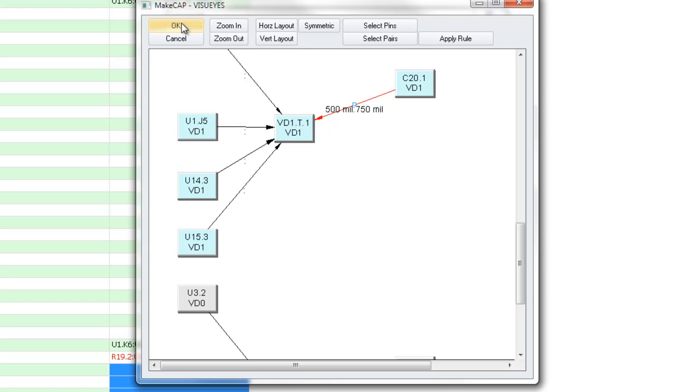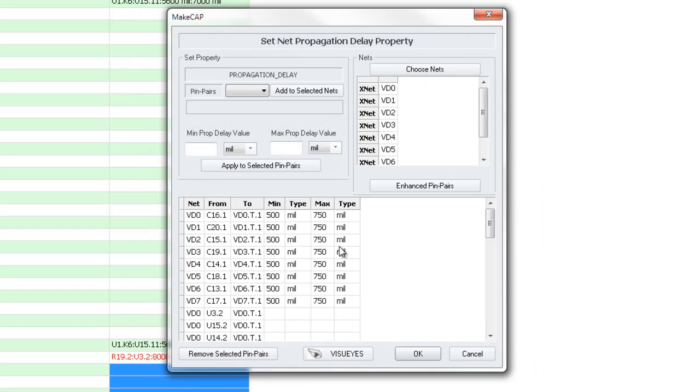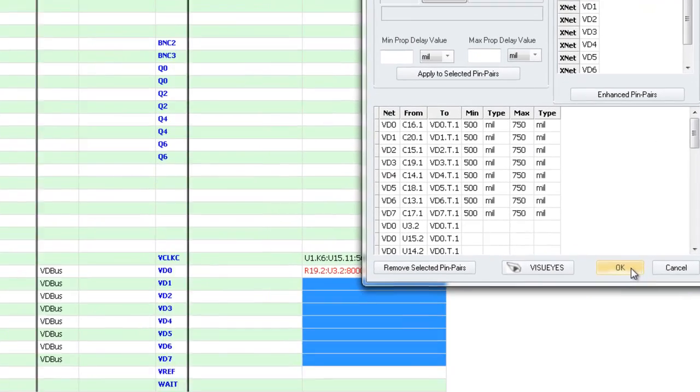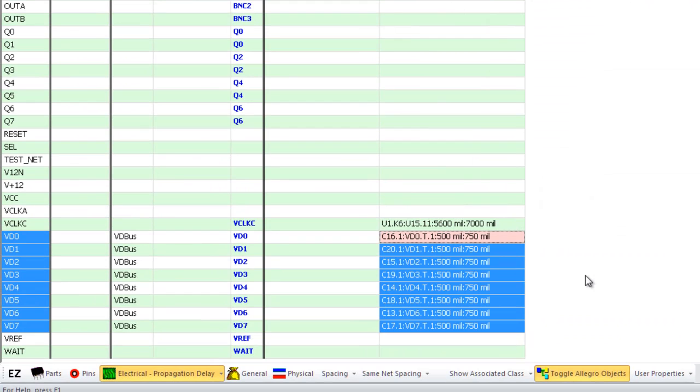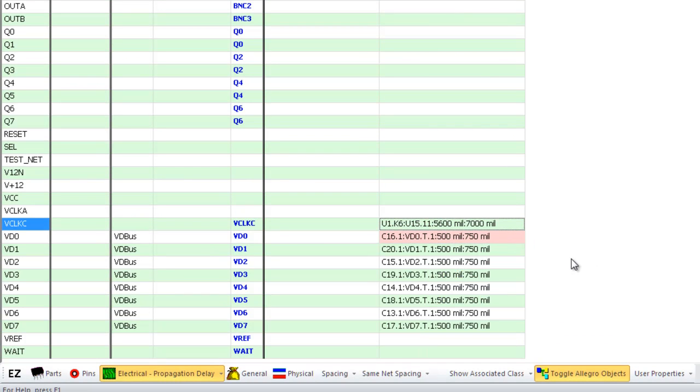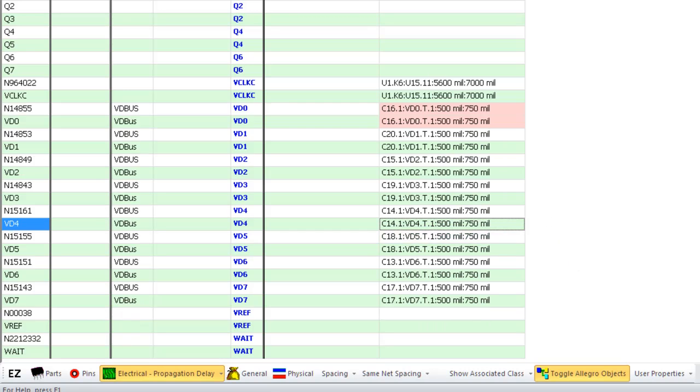I'll go ahead and write these now to the form. So the form's been fully populated. I'll say OK, and I will have created all of those values ready to go into Capture and subsequently flow into Constraint Manager. If I do a sort on the XNets, since Capture is a net-based tool and Bubble Up requires similar values on all the nets in the flow,